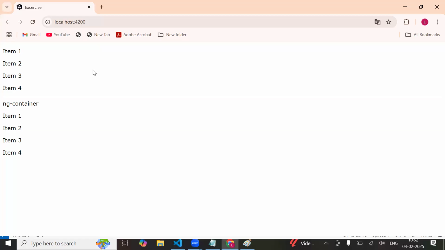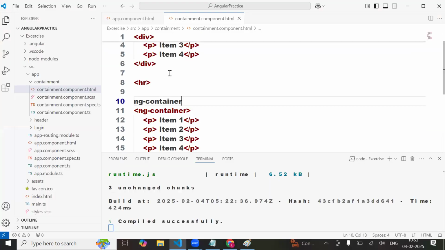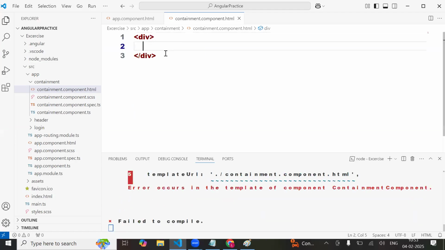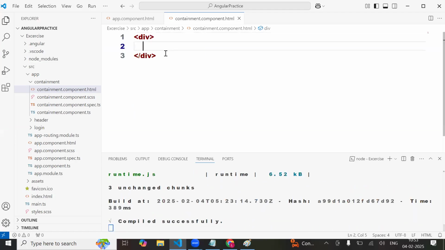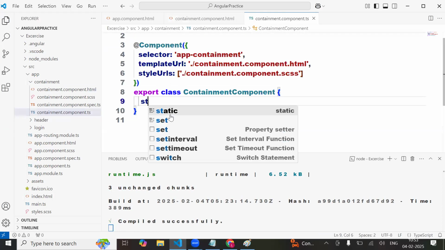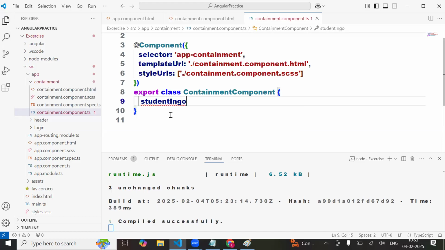Now we are going to give some information dynamically in this area. Right now we have appended everything static, right? Now we are going to do dynamic data. What we are going to do here, I'm going to use a div. Before creating a div, I want to display the value as a list. So to display value as the list, what I need to do in the component here? Can anyone tell me? Student info